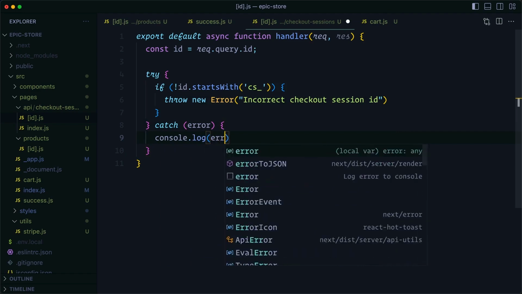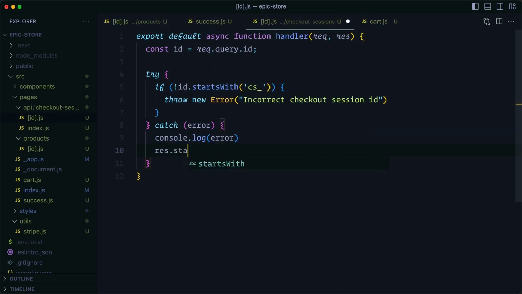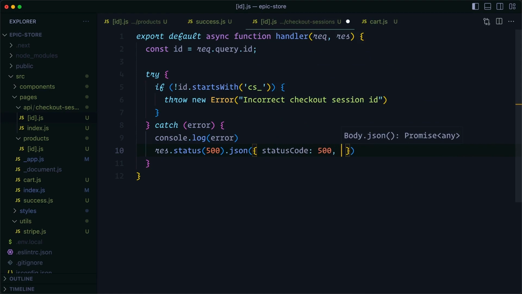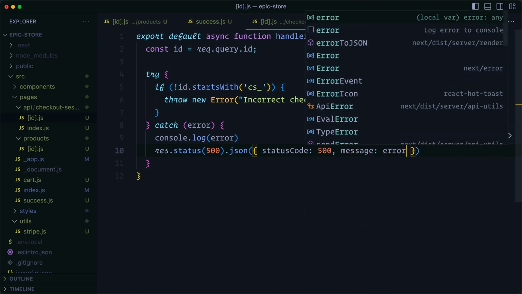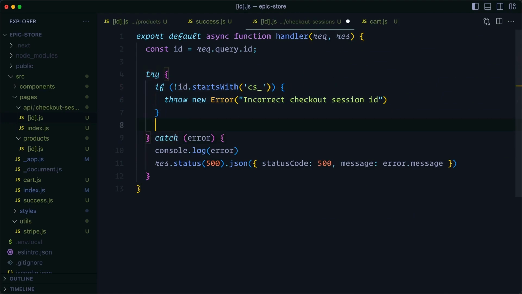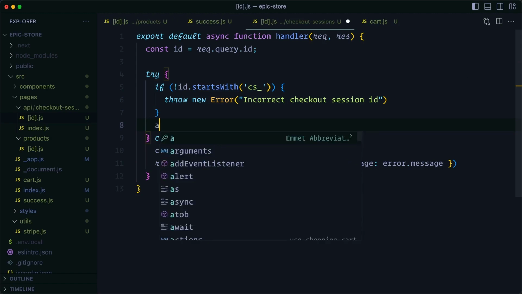We'll console log the error, and we want to return res status 500 again with a JSON object, which includes the status code 500 and the message from error.message. But if this doesn't throw an error, if we're actually passing a valid checkout session ID to our API route, we can await